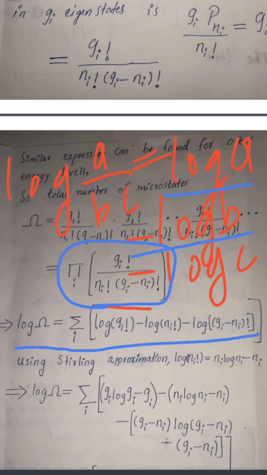Very simple. You can see that there is a factorial symbol in this expression, so we need to use the Stirling approximation. The Stirling approximation is valid if this ni is very large. For example, you can evaluate log 50 factorial using your computer, and 50 log 50 minus 50, those two things are approximately equal. So using the Stirling approximation, you can write